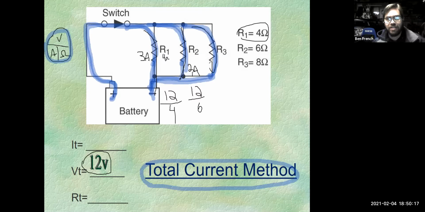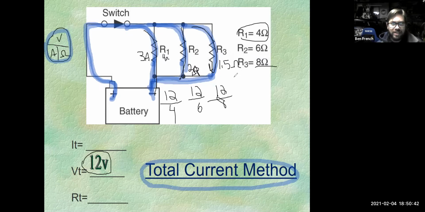Okay. Well, what about this one? This one isn't quite so clean. I got 8 ohms there. Well, I have 12 volts divided by 8. Let's see, 8 goes into 12 one time. Then I got a remainder of 4. So this is 1.5 amps. My amp symbol did not come out very good there. All right, so